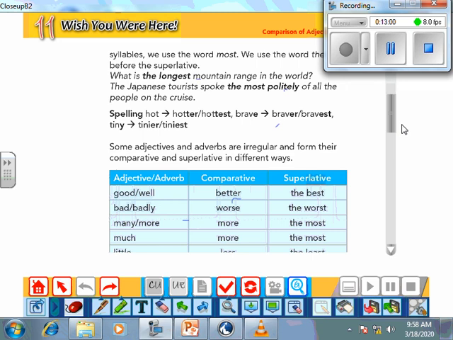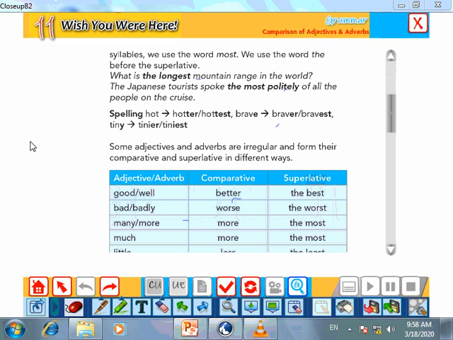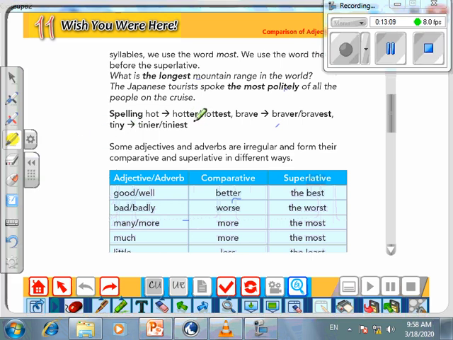Now here, guys, I want you to see that we have some cases that we use with it. For example, if I have an adjective that ends before the last letter with a vowel, we double the last letter and put er for the comparative, and we double the last letter and put est for the superlative. This is number one. If I have an adjective that ends in e, I simply add er, and for the superlative, I put simply st because it ends in e.